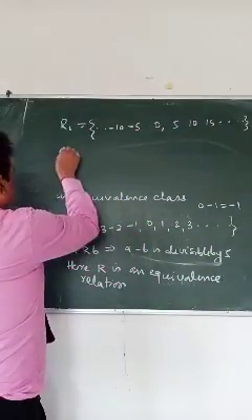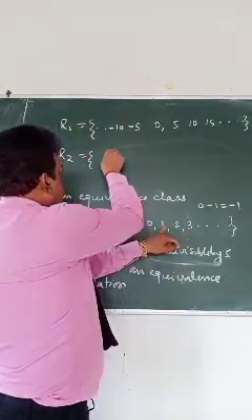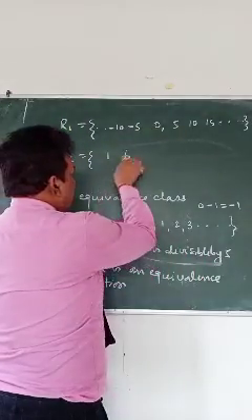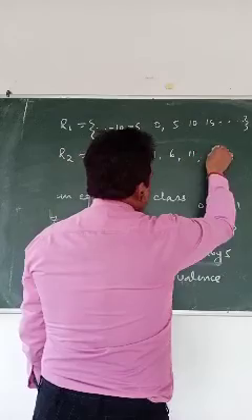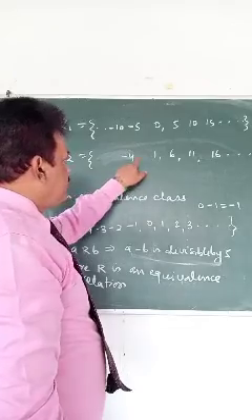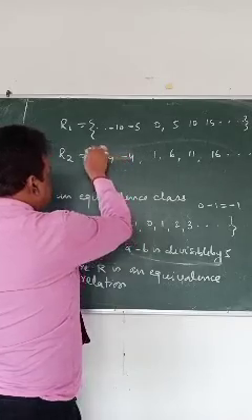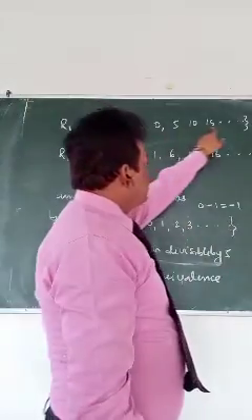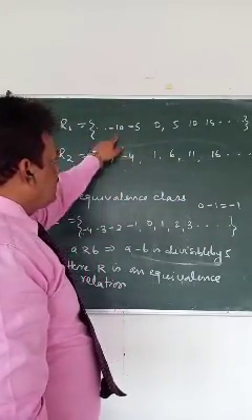If I write R2, then R2 will be 1, and if I take 1, what is divisible by 5? 1, 6 minus 5 we will get. So if I write 1, 6, 11, 16, like this. On this side, minus 4, because minus 4 minus 1 is minus 5, divisible by 5. Minus 4, minus 9, like this. That means look here, you got one set of elements which is an equivalence relation, and another set which is also an equivalence relation.